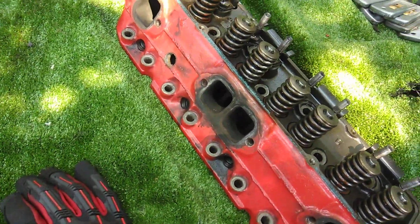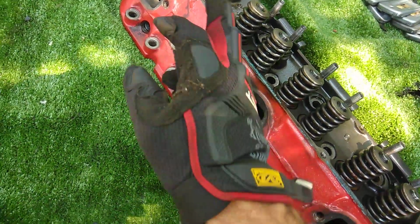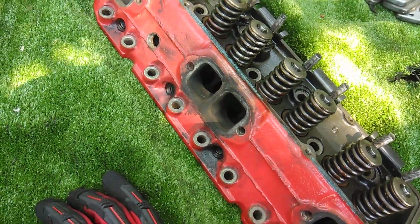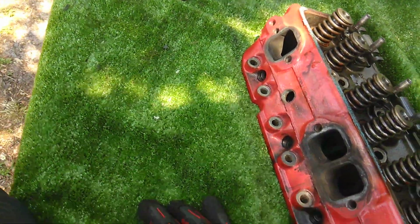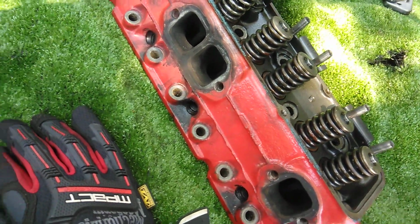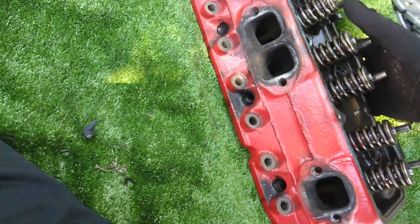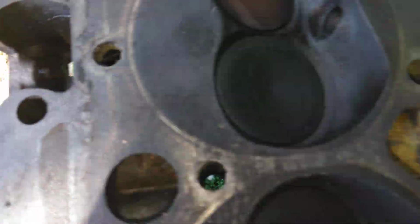Well, let me tell you about the market value on these heads. An aftermarket steel pair built with everything like this easily will fetch you $500-600 bucks, easily. So there's money in stuff like this, possibly more. I clean them up, I display them well, you know, everything's clean and ready to bolt on. I don't see why they'd have any issue, and the valves are upgraded to, instead of 202, they're now 205, so they got the bigger valves in them. As you can see,